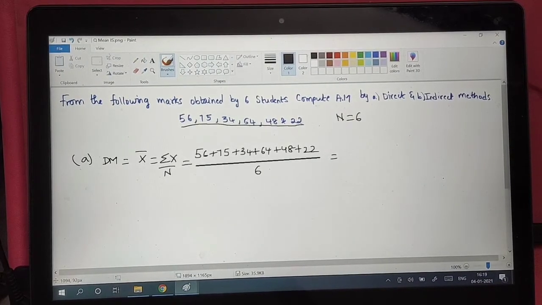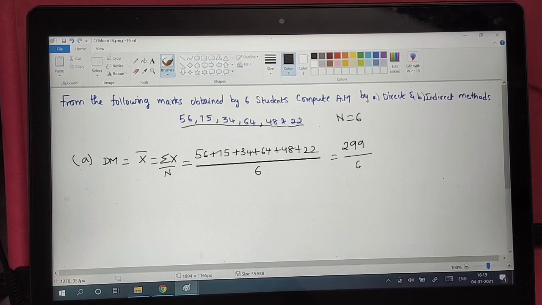You get the total, which is 299, divided by 6, which gives you an answer of 49.8. Because it is marks, we use marks as the measure. Similarly, when you want to solve using the indirect method,